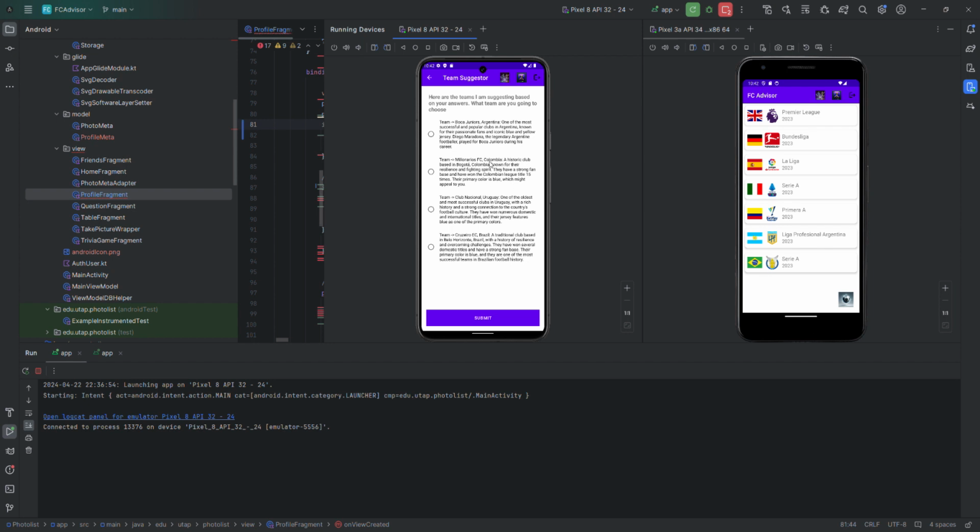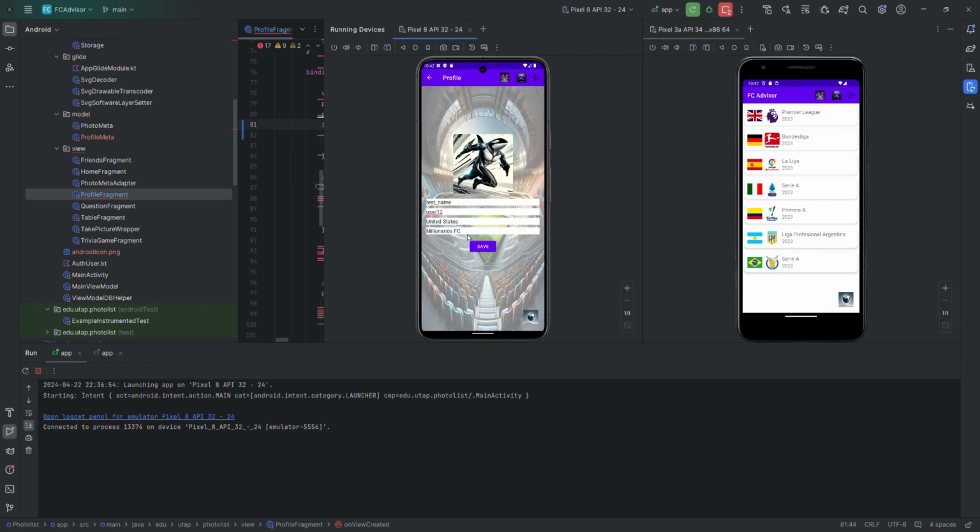And so I'm going to choose, I'm from Colombia, so I'm going to choose Millonarios, even though this is a team that is the biggest rival for mine, but it doesn't matter. So I will submit here, and you'll see now that Millonarios FC is right there. So I hit save, and you obviously can't see it, but this information is updated in Firestore.